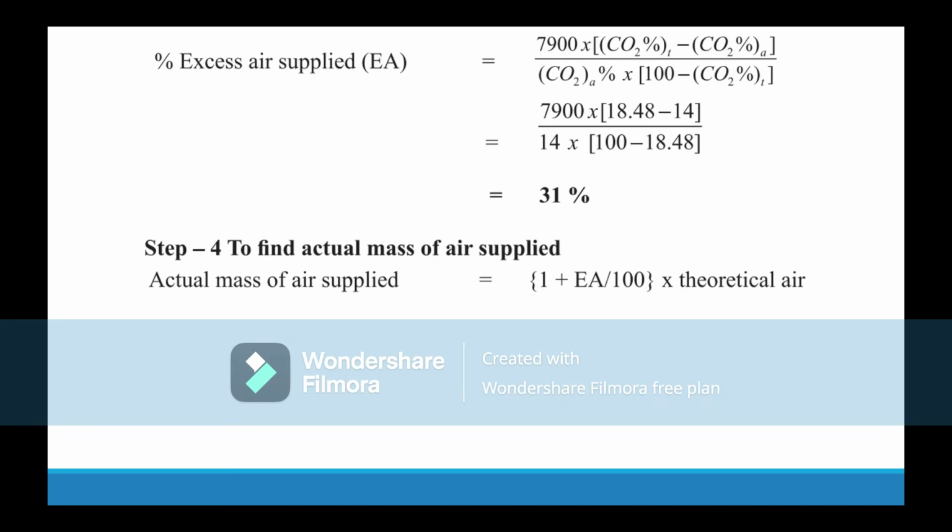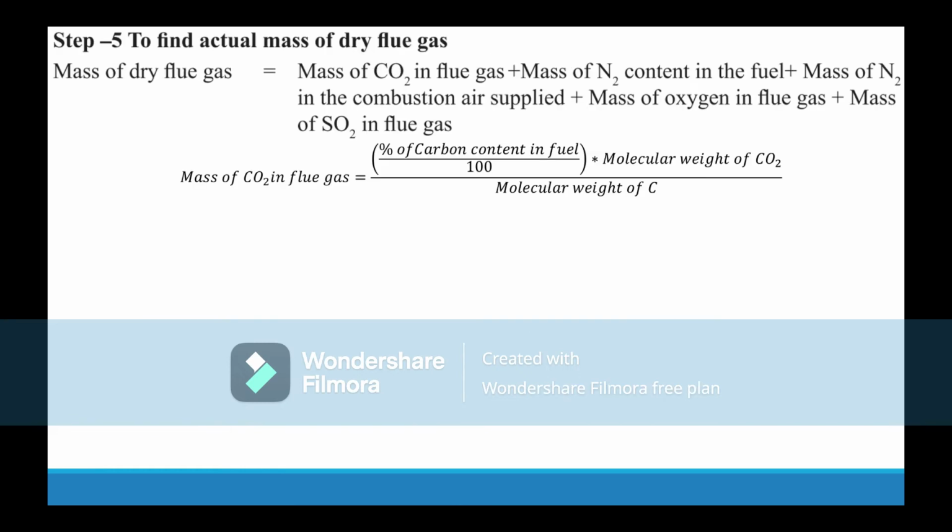Actual air supplied equals 1 plus the percentage of excess air, multiplied by the theoretical air supplied. Substituting the excess air value, we get 6.27 kilogram of air per kg of coal. Okay, then step 5,